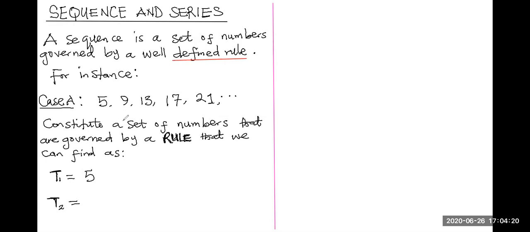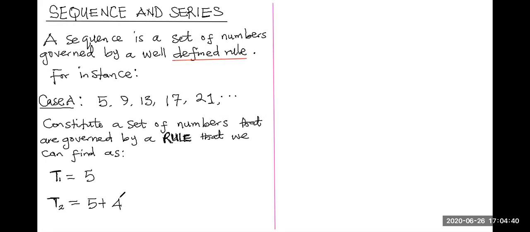But we want to observe what is happening to these numbers. All right, when we add 4 to the first one, then we have the second one. It implies that the second number has its origin from the first one. So we say 5